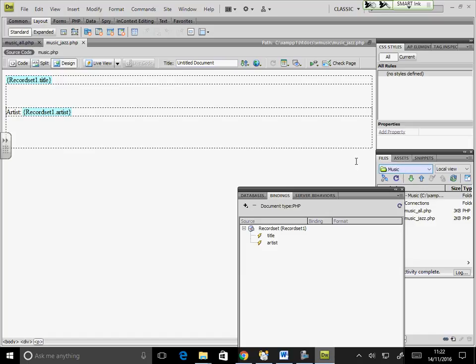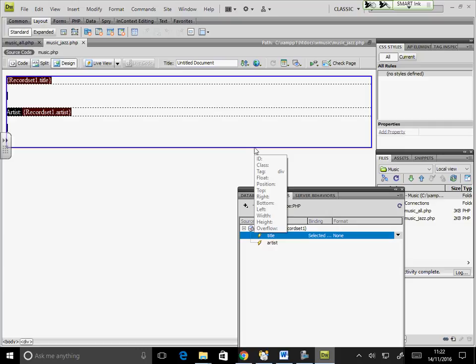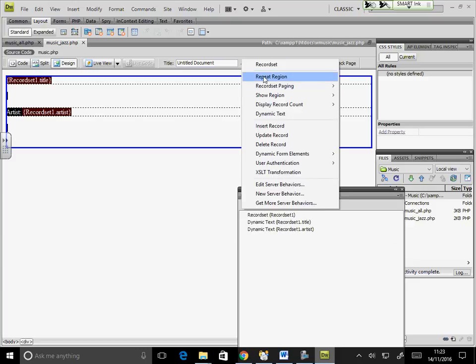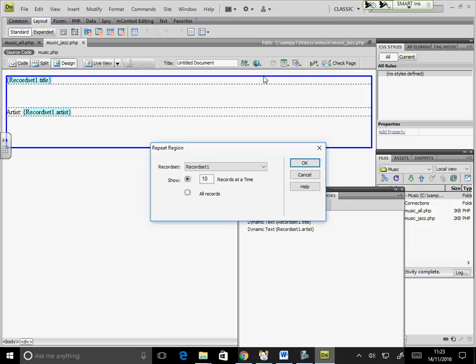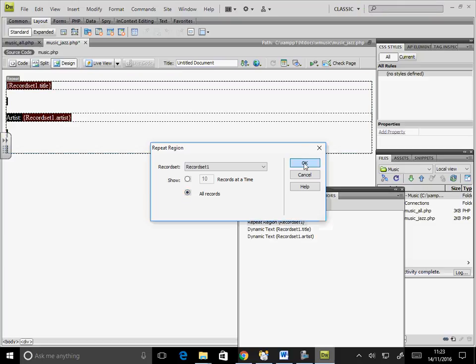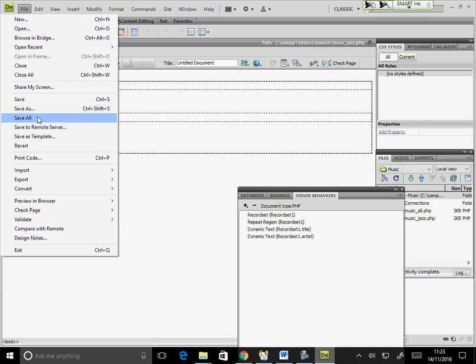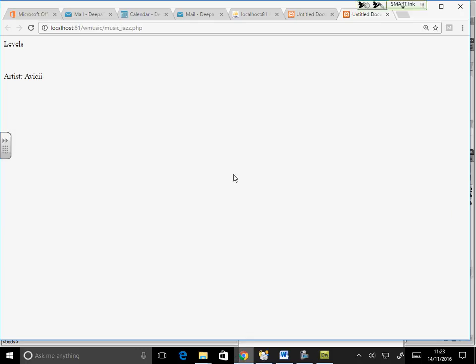So what you need to do is highlight this div, the outside div in which you put all of them, and then click on server behavior again, plus, and say repeat region. You're saying you want to repeat this, right? How many times do you want to repeat it? The number of times there are records. Okay, is that fine? So now save it and try to see on your page you have all of them.